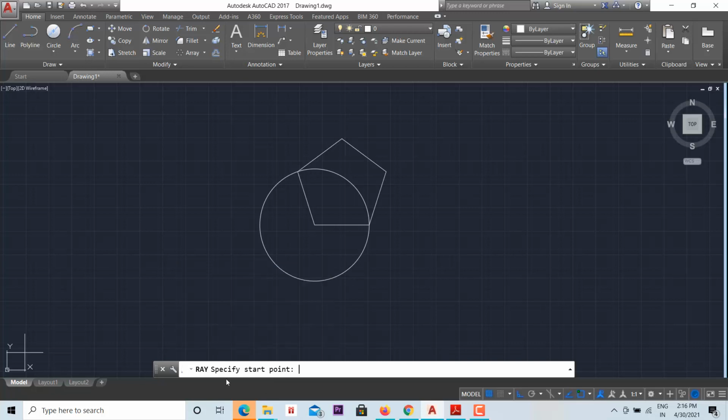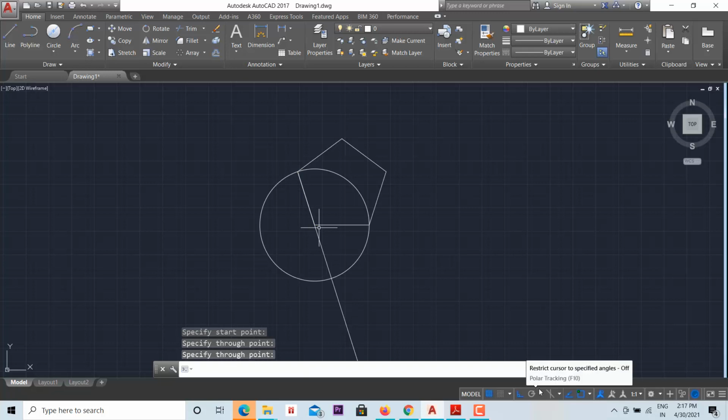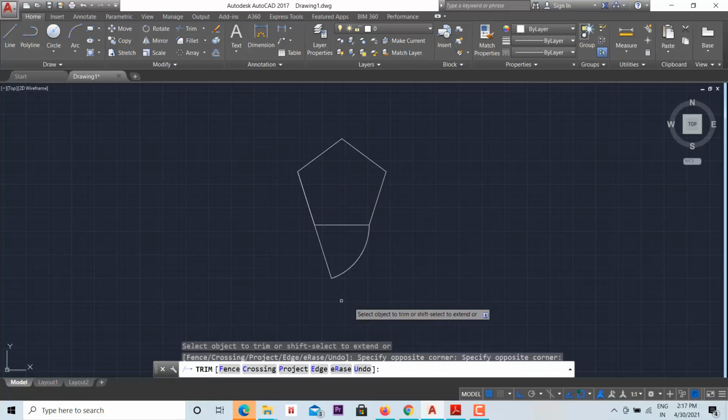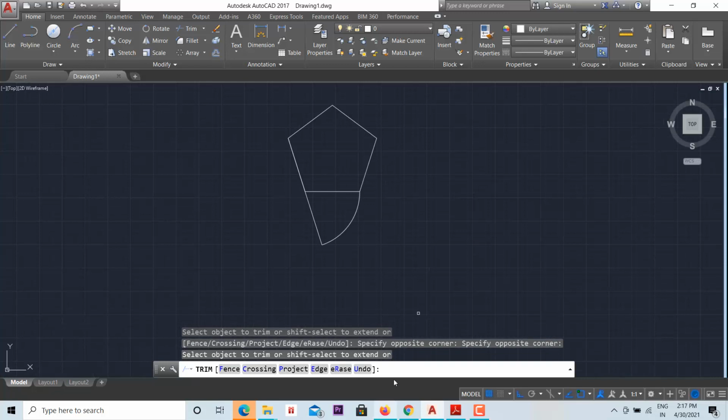Select this as the first point and this corner as the second point. Then press enter. Then you have to use the trim command, enter, and delete the circle which is not needed. So this is the first step.